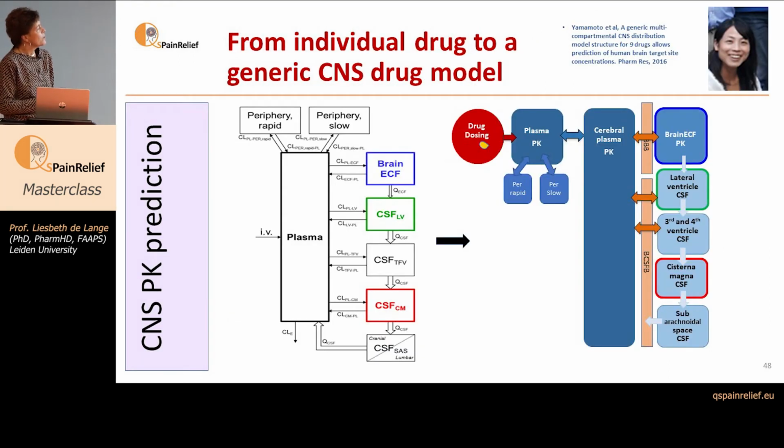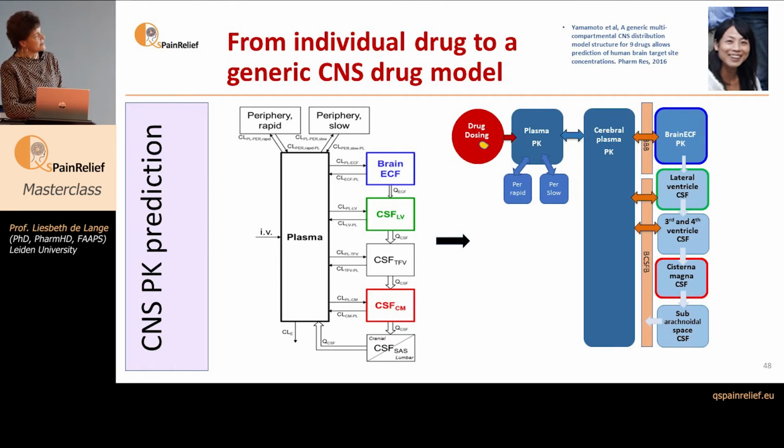Then Yumi Yamamoto was the PhD student that came from the individual drug models that Joost Westerhout made for acetaminophen, but also for quinidine and for methotrexate. And she made a generic model out of it, where we could take everything together, and if you use this model, it should be nicely able to model our data. And to hopefully convince you, you can see here plasma, brain extracellular fluid,